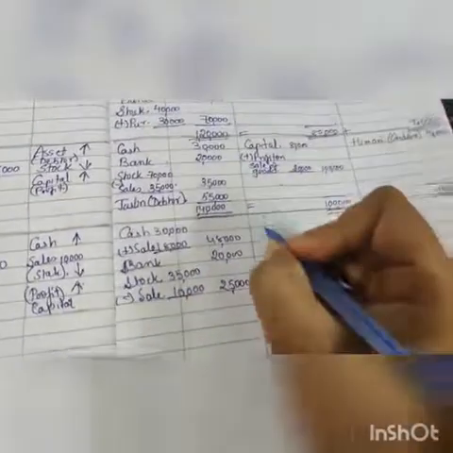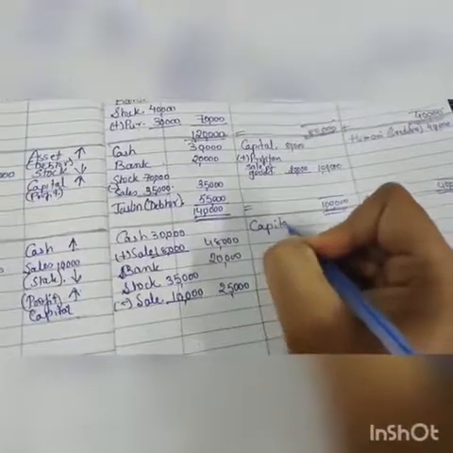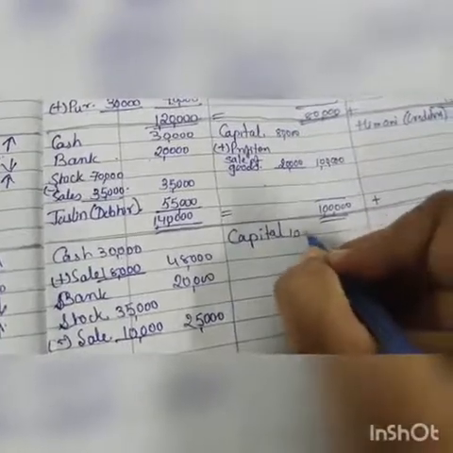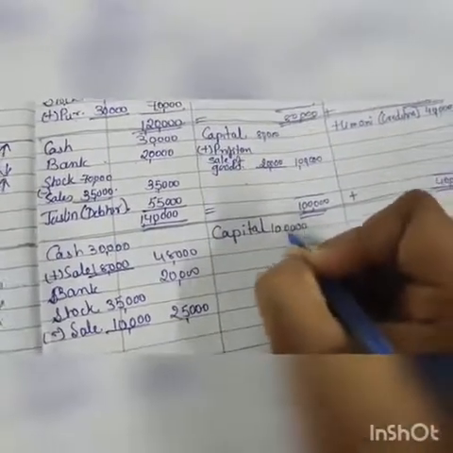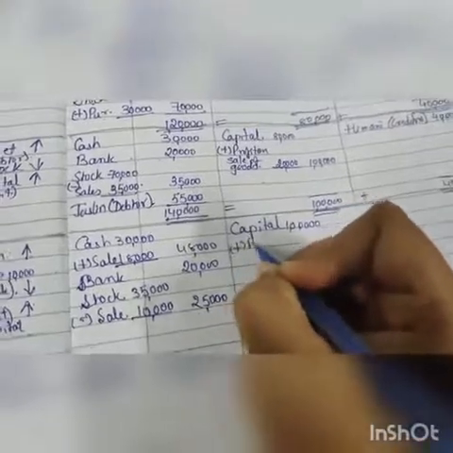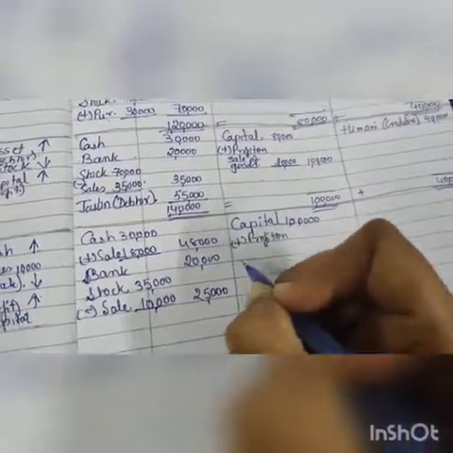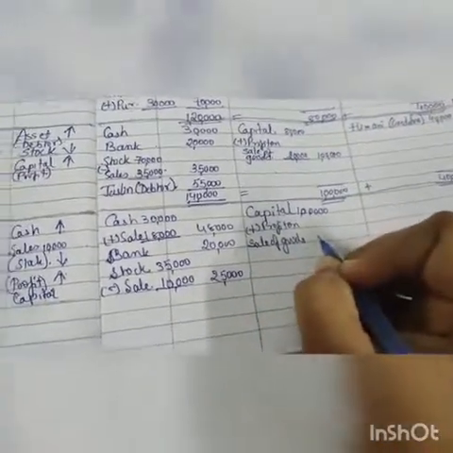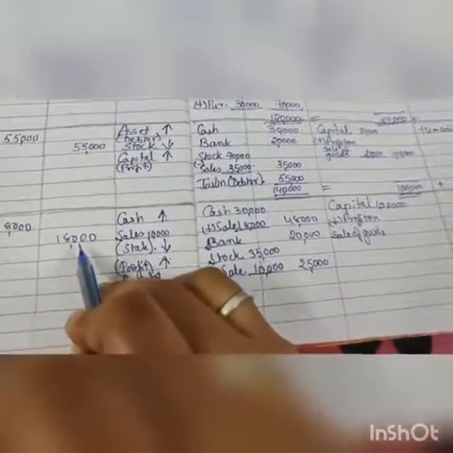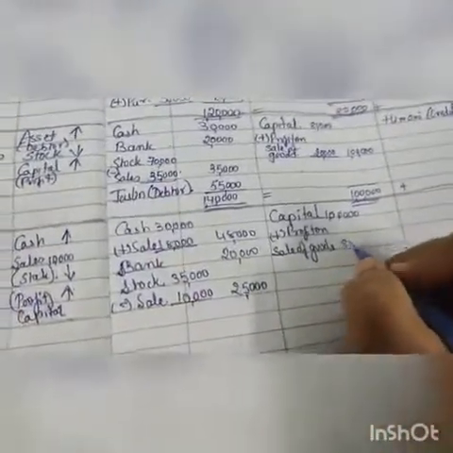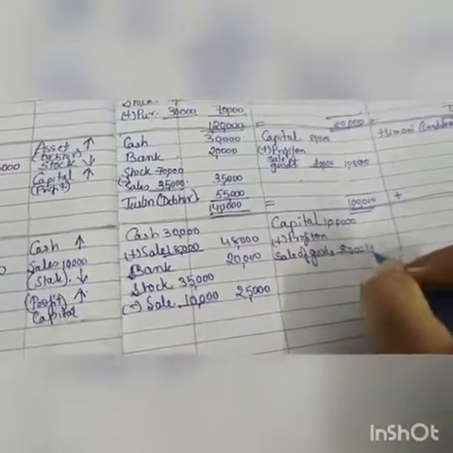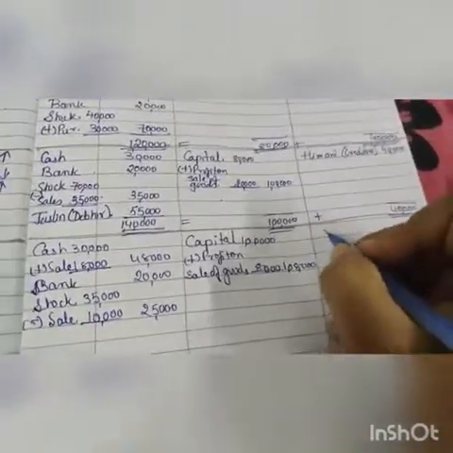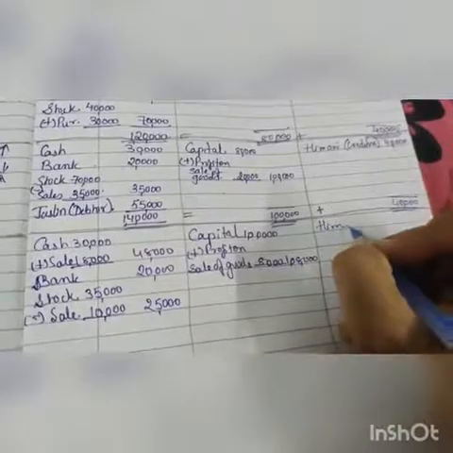So now first we will write down capital. Okay, the capital is how much? That is 1 lakh. So here we will write down 1 lakh in the inner column nearby, and then we will add plus profit on sale of goods. How much profit was there? We sold 10,000 goods at 18,000 rupees, so there is 8,000 profit. So what are you getting? 1,08,000. Clear? This amount you are getting. Now here, Himani is as it is, as a creditor.